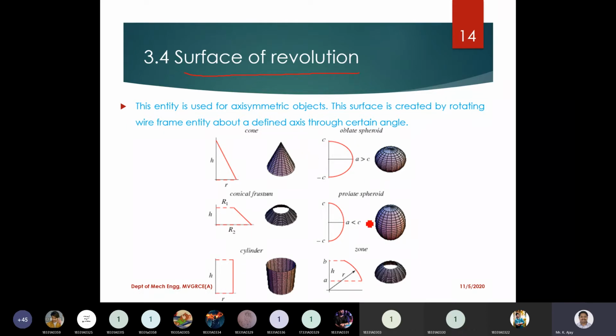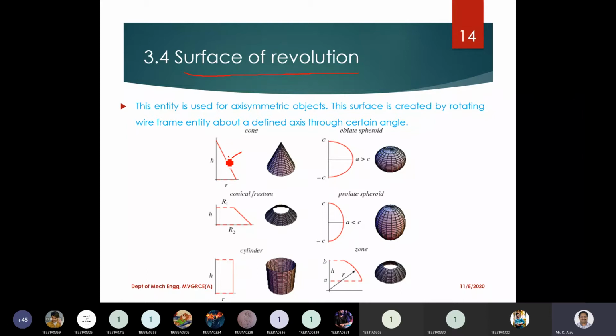As an example, all these are different examples, right? Conical surface, how do you get it? This red color one is the curve, which you get by rotating this red color line about the vertical line whose height is h here. Let us say the height also should be mentioned, right? For a cone, for any type of rotational surface, even the height you should mention.